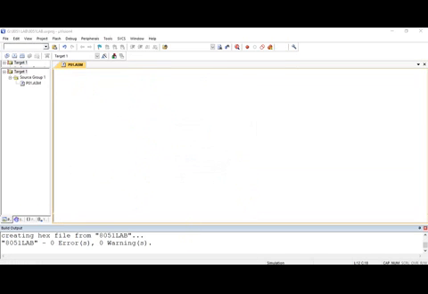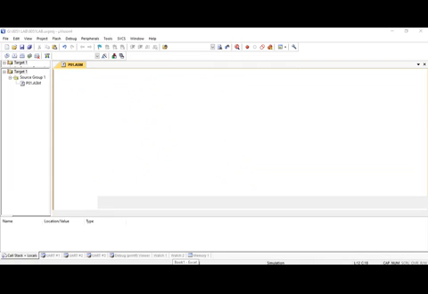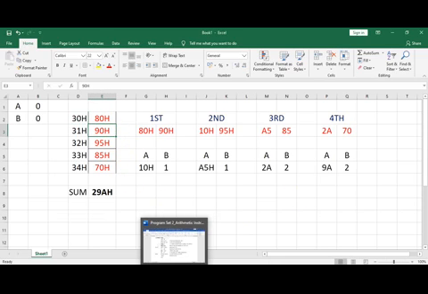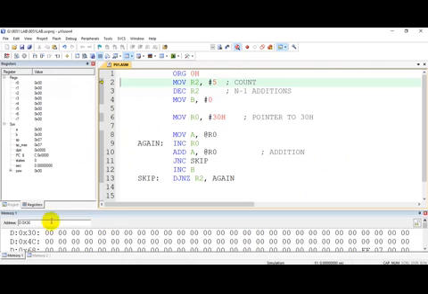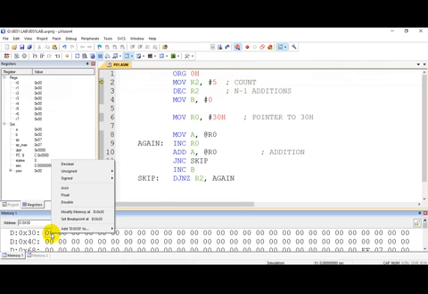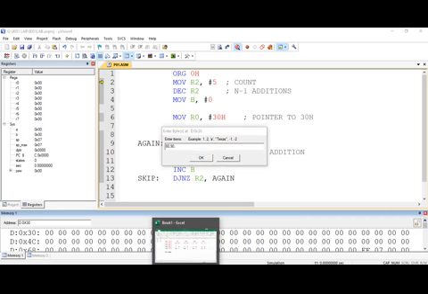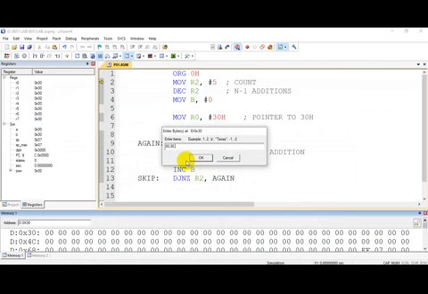And I will use the same data, 80H, 90H, so that we can verify our program. So modify the data: 80, 90, then how much it was? 95.